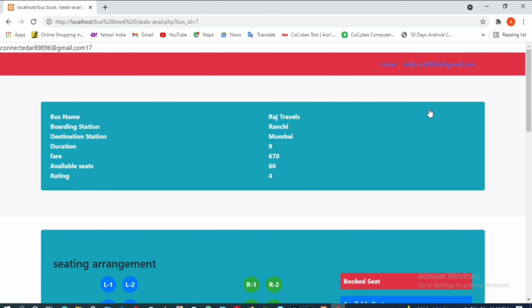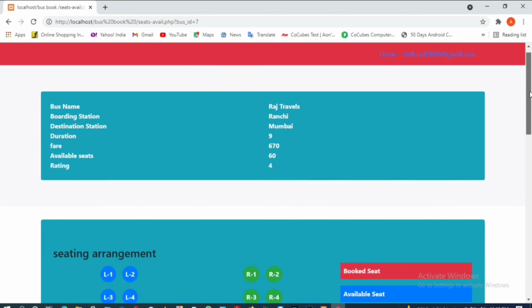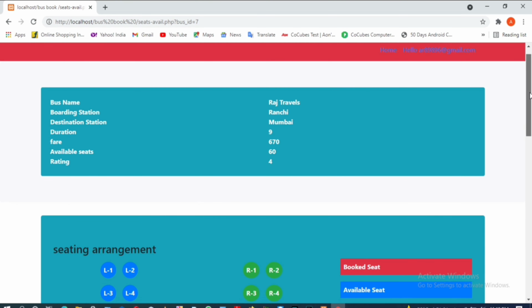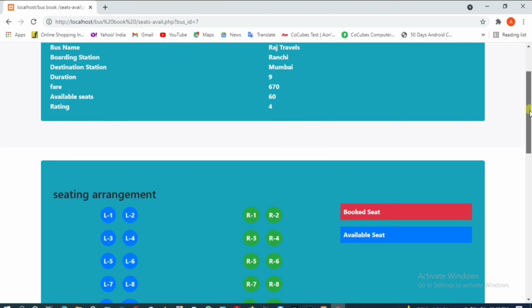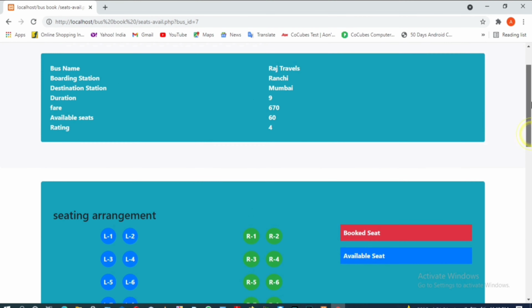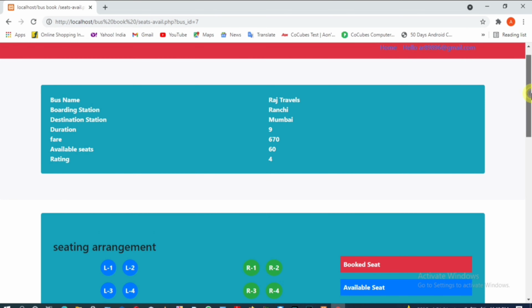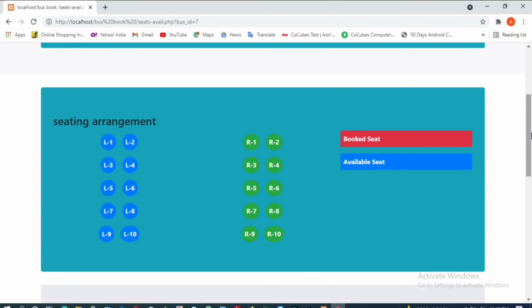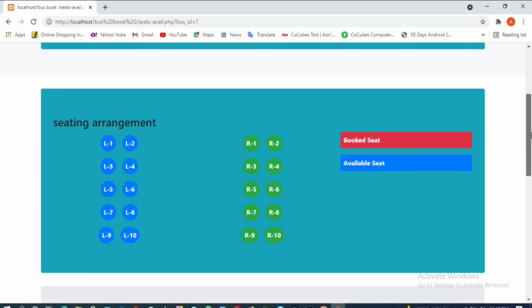When you click on this, in the last video I had told you that you can see the detailed description of the bus as well as the bus seating arrangement. But in the last video I was not able to complete the seating arrangement part, so we will try to complete that part in this video.